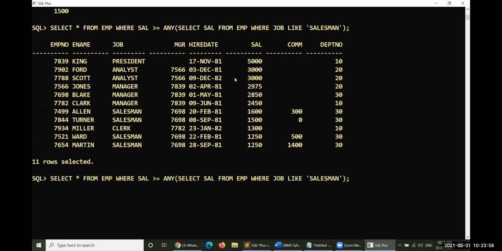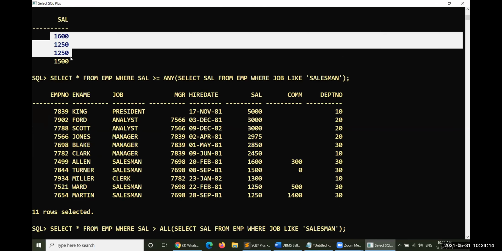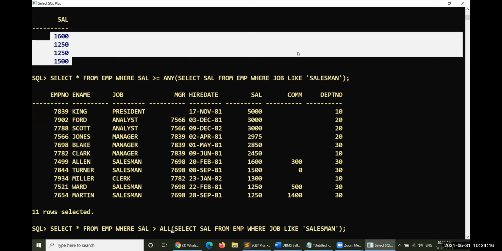So select everything where salary is greater than, instead of ANY, I'd like to place it as ALL. Greater than ALL means the subquery will generate these values, and out of these four values, one value will be the maximum.